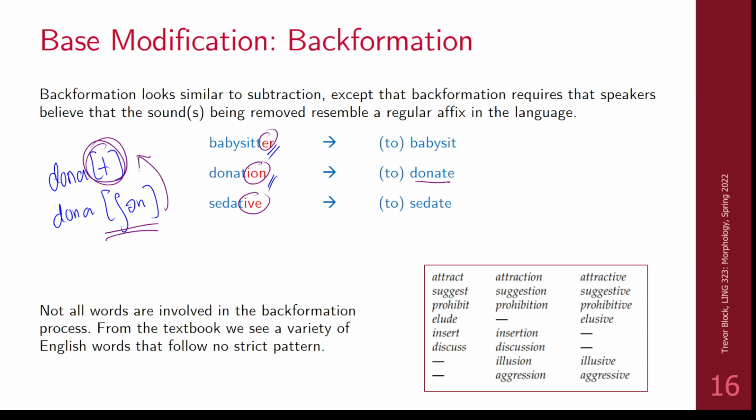So actually the model for this is pretty similar to subtraction. So with babysitter to babysit, well, we have some form X, there's -er at the end, this is a noun, and it's going to correspond with the form X, which is a verb, where you don't have that. And again, you can't really tell if this is affixation or not, because this goes both ways, but